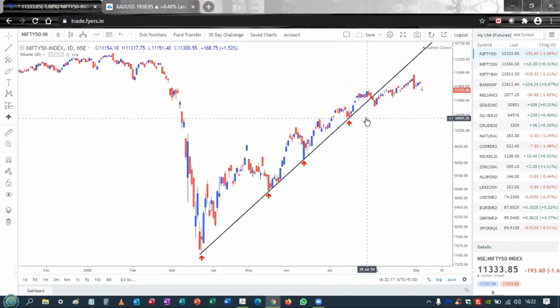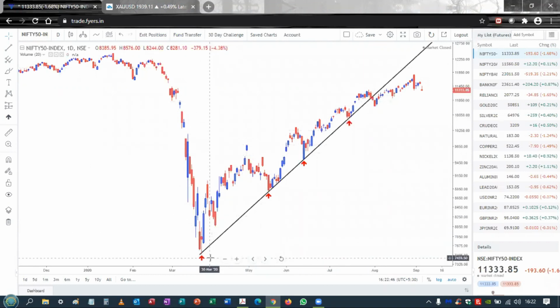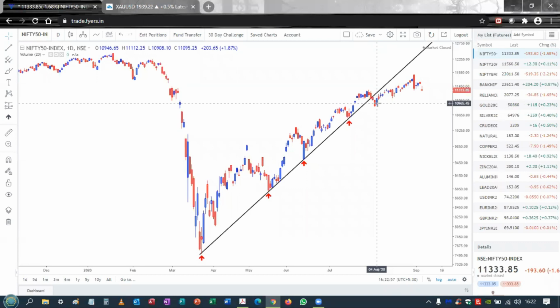As I said in our previous webinar series, an uptrend is a sequence wherein price is continuously making a series of higher highs and higher lows. An uptrend reverses when that sequence of higher highs and higher lows is broken and price makes a first series of lower high and lower low, which has not happened in case of the Nifty index. As you can see, since the index bottomed out in March, it has been consistently making a series of higher highs and higher lows. So as of now, although the trend line is broken, the index still continues to be in a nice uptrend.